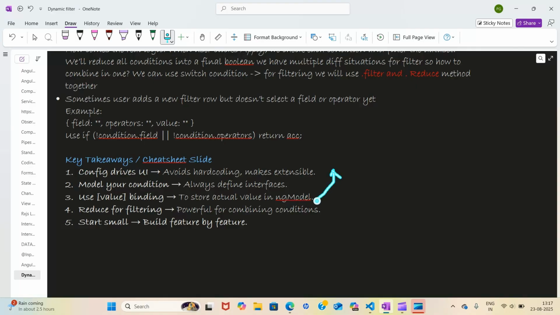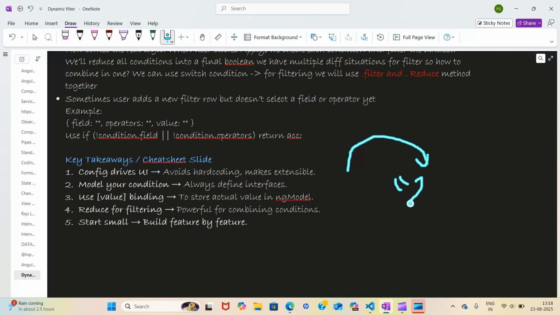So Angular by default takes the string value and stores that. But when it gives you a string and in your input box there is a number type, then this is a number and this is a string. So when you filter, will it compare correctly?